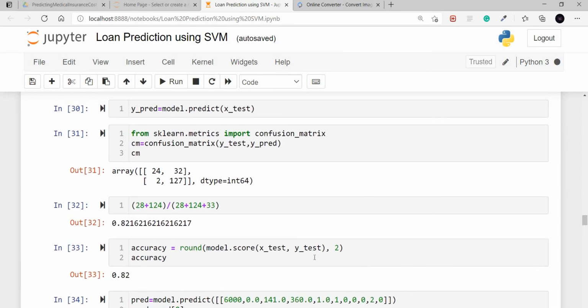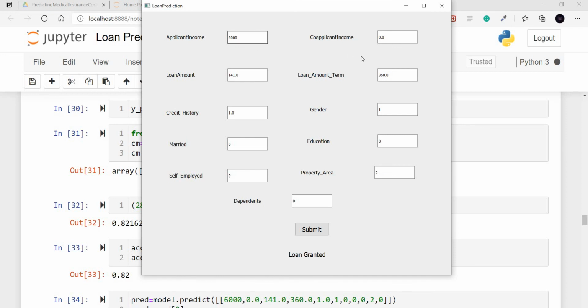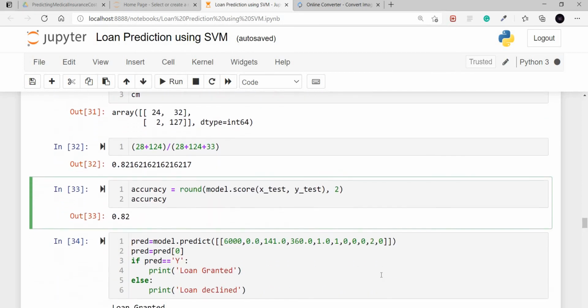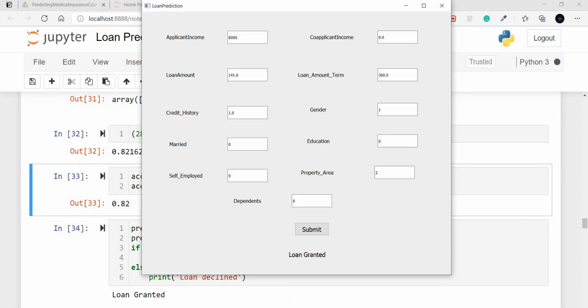I inputted the same data here, and on submitting I get the loan prediction which is the same as the previous value. So this was the explanation of the machine learning model to predict loan.